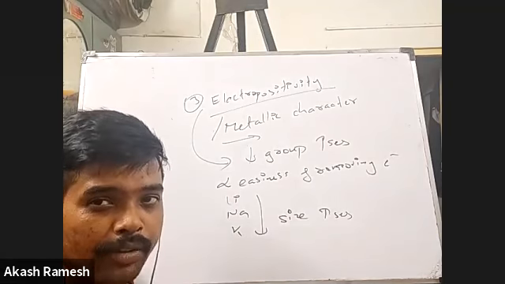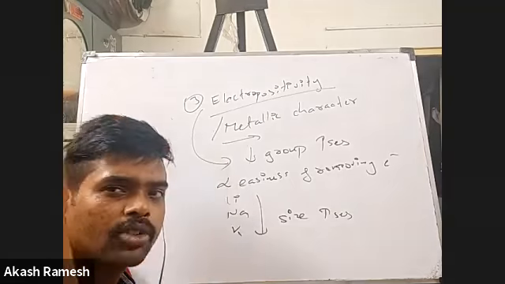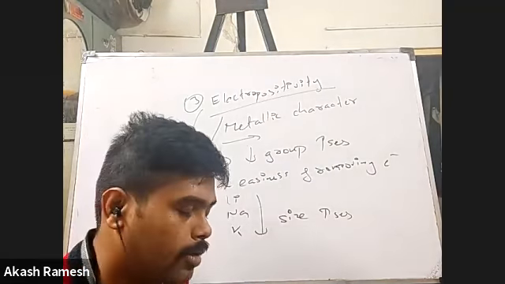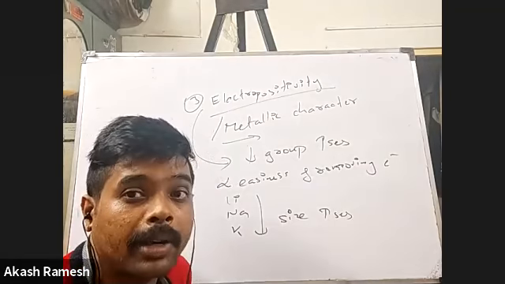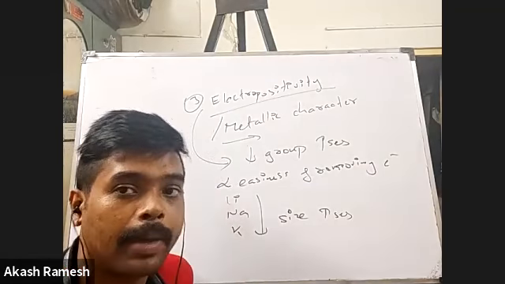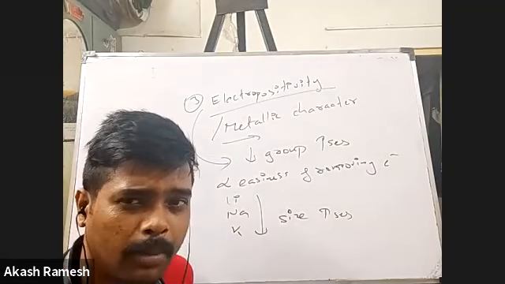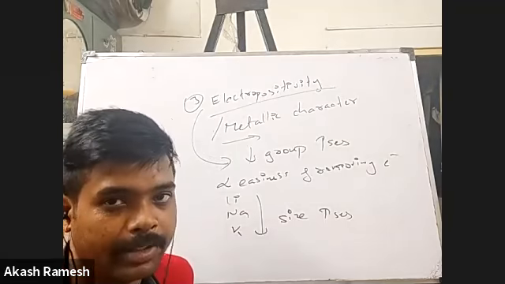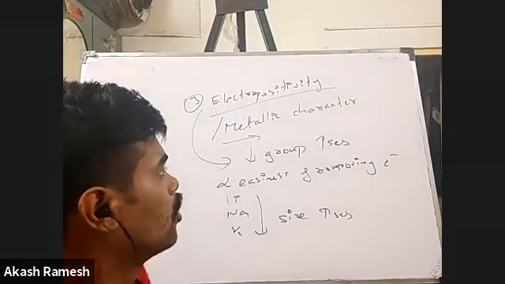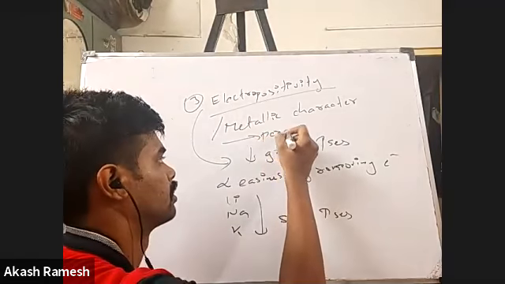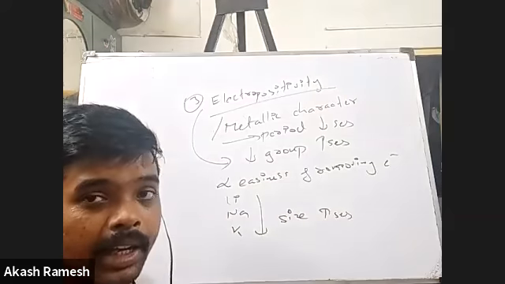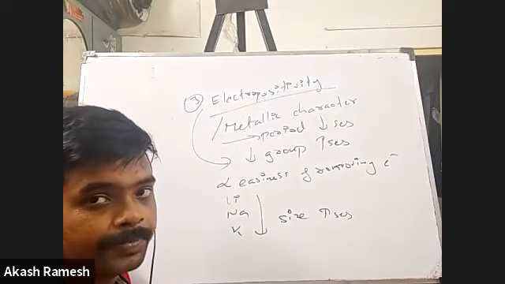So I'll have a high nuclear force of attraction. So removing an electron from a small atom will always be difficult, rather than removing an electron from a big atom, which is very easy. But the same electron which has to be removed from a very small atom is very, very difficult, right? That's why, when I go along the period, it decreases, right?